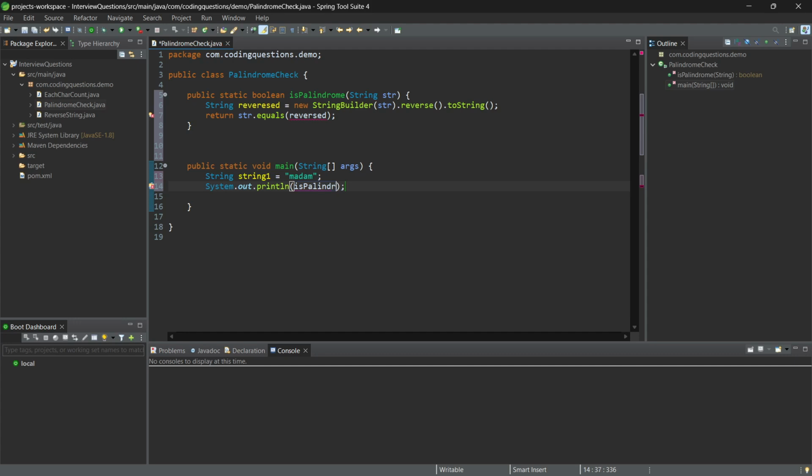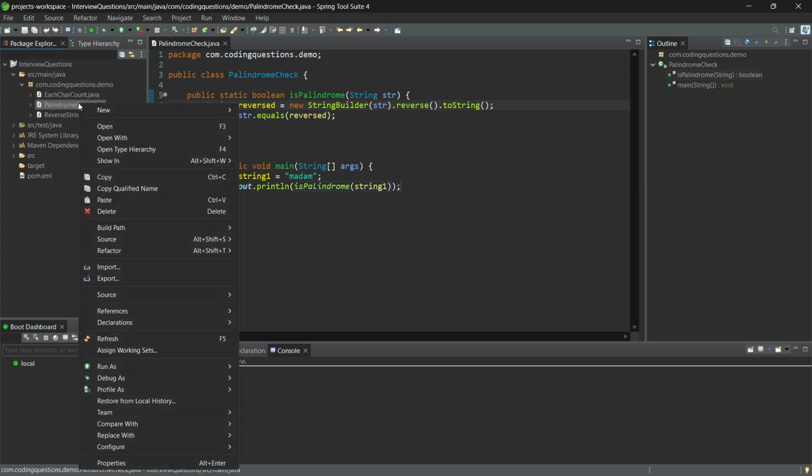We need to call the method over there, like the method we had given, isPalindrome, we are checking. So let's take this, whatever the string one we are going to give. So in this boolean we are going to reverse, yes,